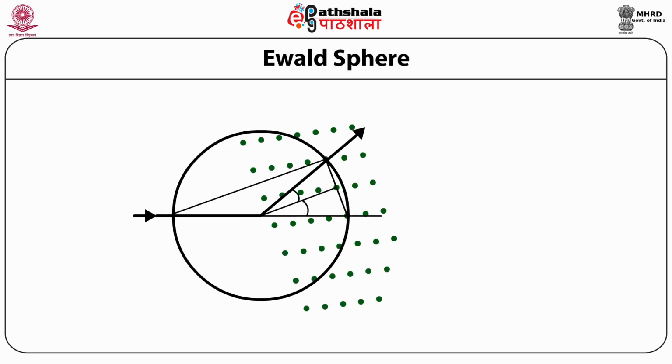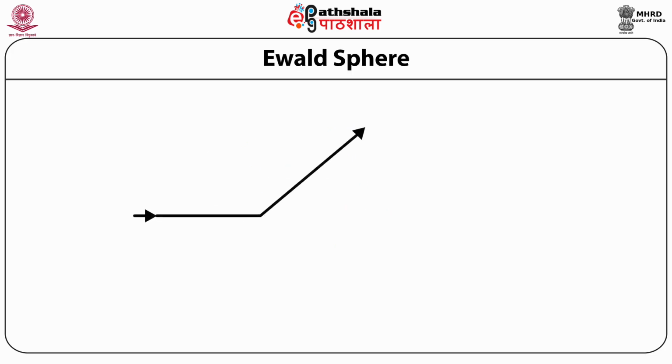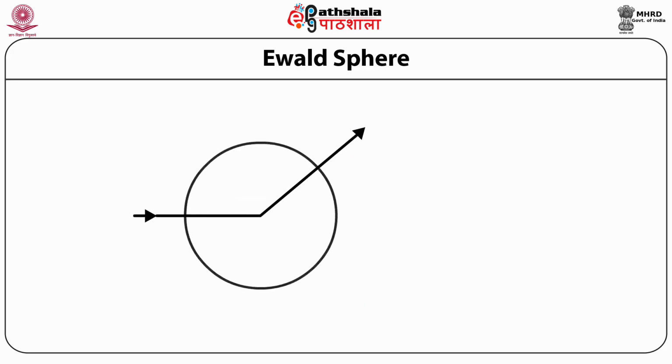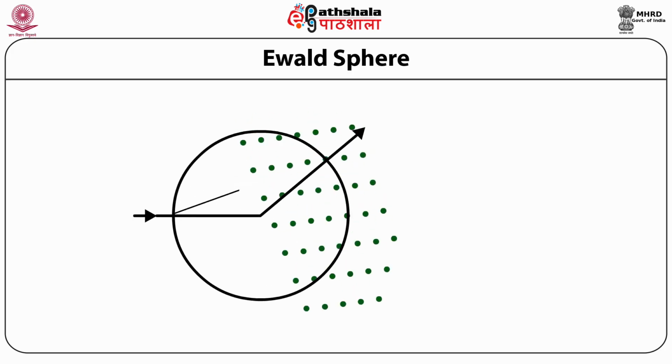We already know the wave vector of the incident wave, and the direction of the wave vector is always in the direction of the incident X-ray. Because we know the length of the vector, we can draw it, and also the scattered ray, you can plot it like this, and k minus k dash, delta k,